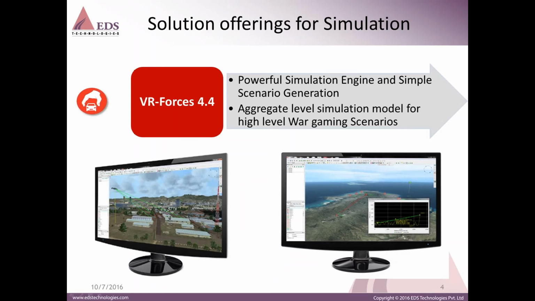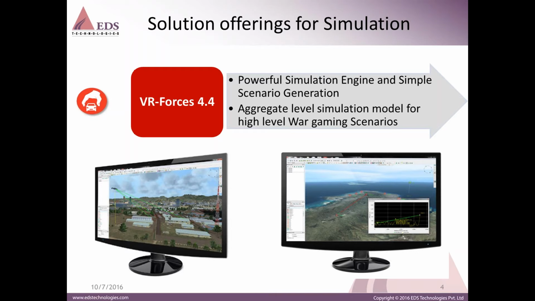The solution which we offer for simulation is VRForces. VRForces is a VTMAC complete CGF platform to fill your synthetic environment with urban, battlefield, maritime, and aerospace activity. It is a very powerful simulation engine, and you can create scenarios with a very user-friendly interface.